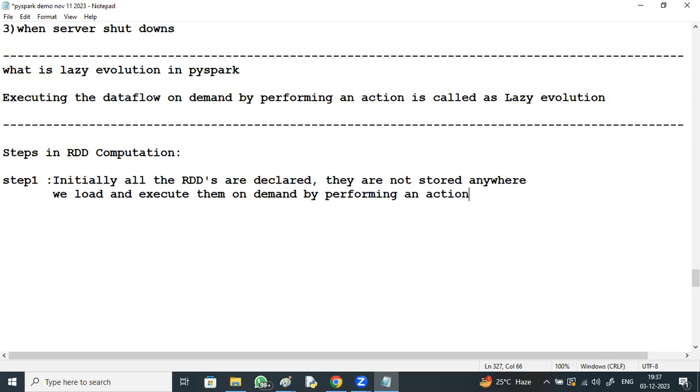We load and execute them on demand by performing an action. This type of evaluation is called lazy evaluation.